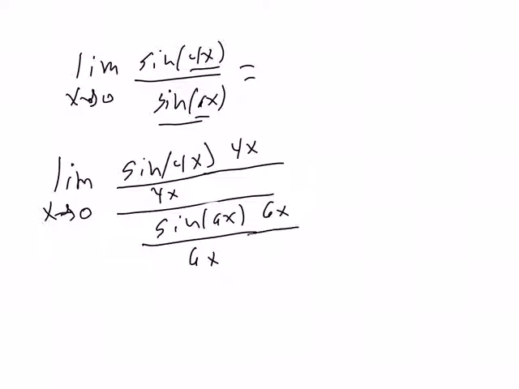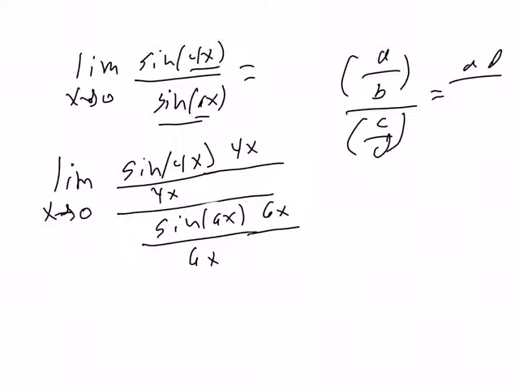So you're going to have something like that. Now by the rule A over B divided by C over D equals AD over BC, what we get is that